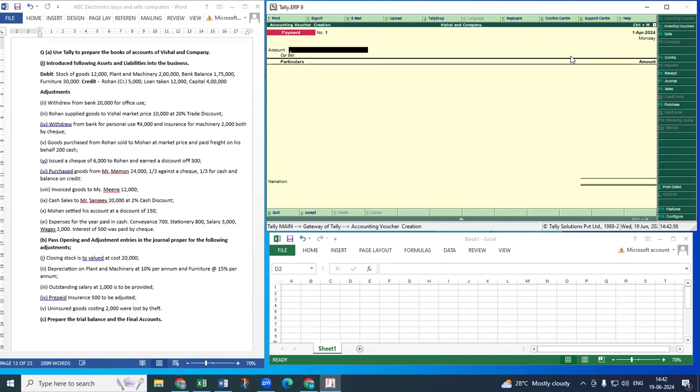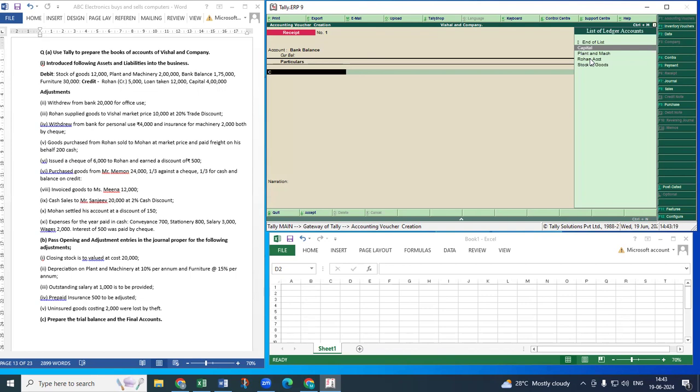One receipt is there. Bank balance will be shown as a receipt because bank and cash transactions are to be shown under receipts or payments only. They can't be recorded under journal. Okay, clear? So I'll first record the bank balance. So F6, it's a receipt. The amount is credited to bank account